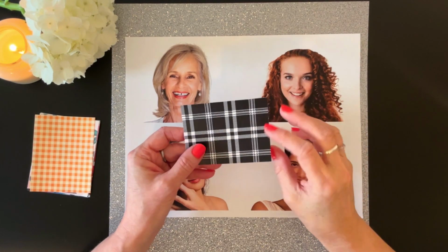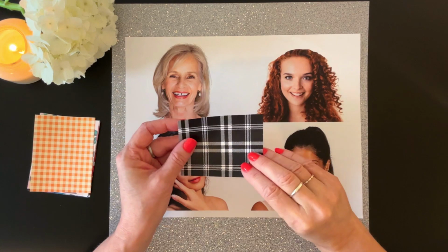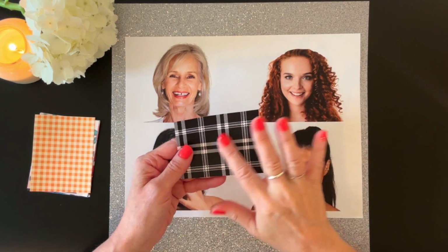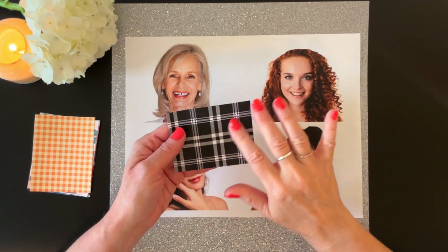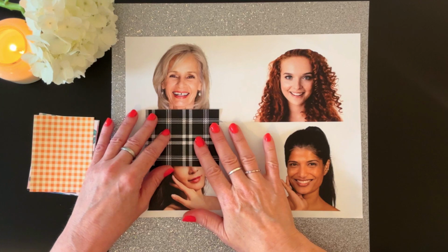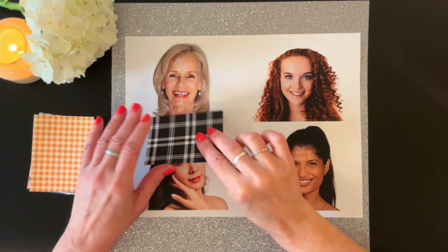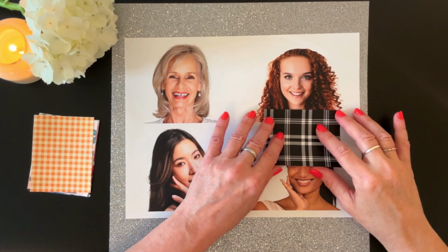Okay, next we have black plaid. So traditional plaid, maybe Scottish style is what they would describe this. So the larger squares. On our retired teacher, looks pretty good. So black and white on our